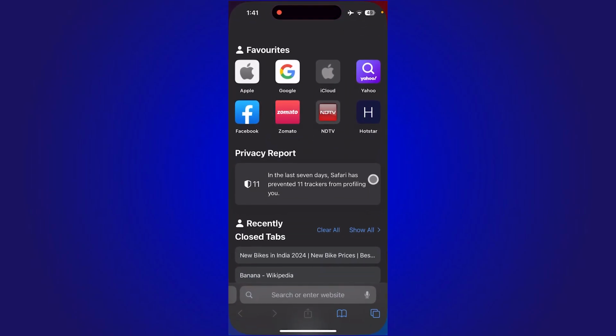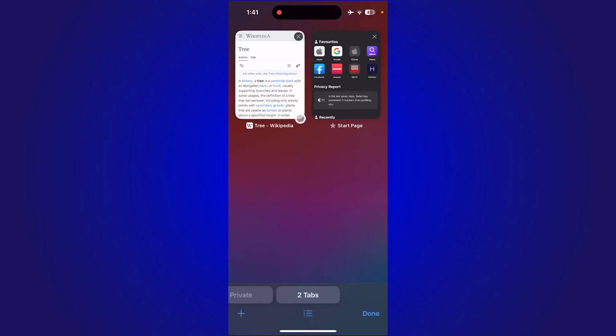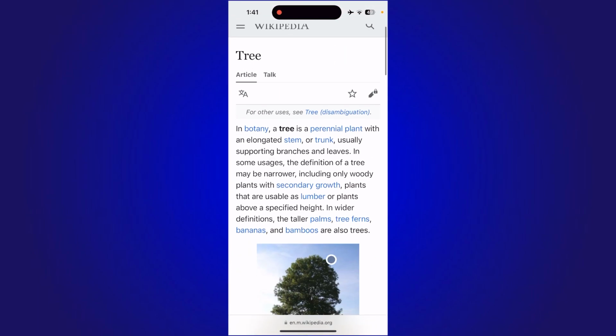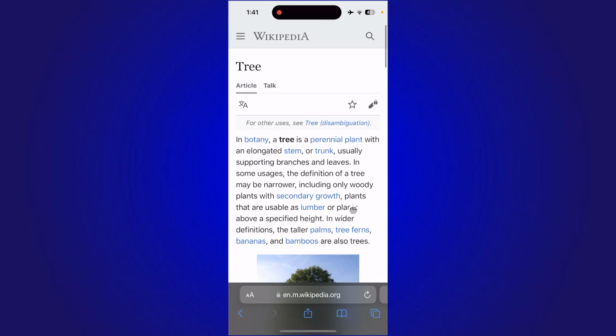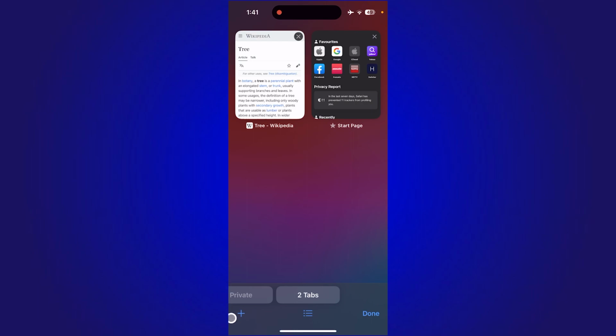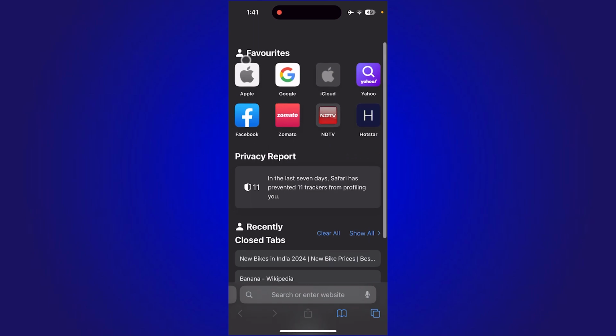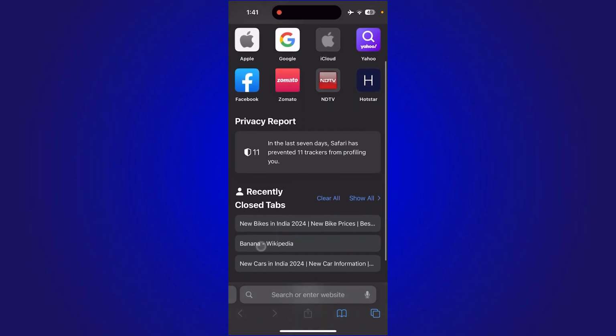So first, let's assume you have opened this page. Okay. After, so how can you go to that page I just showed you before? In order to go to the page, just click this button, and from here you just need to tap this plus button. And after you come to this privacy report page, the home page of Safari,